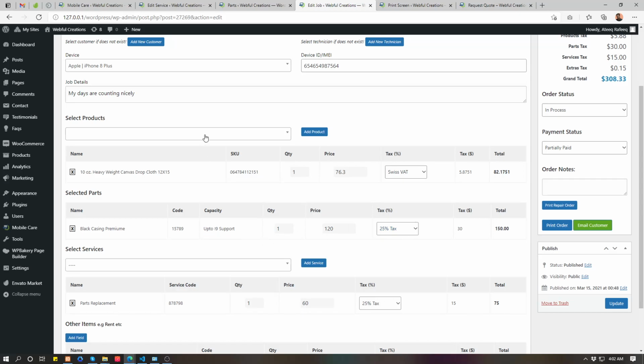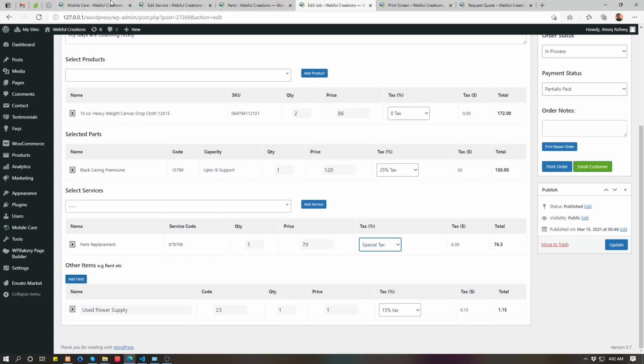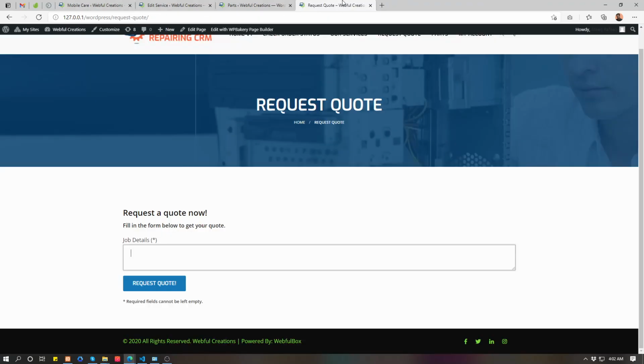They are not deleted. Here you can change tax. Here you can change price also if you want to increase the price or job quantity. Similarly, change part, extra. Okay, I will come to this later.